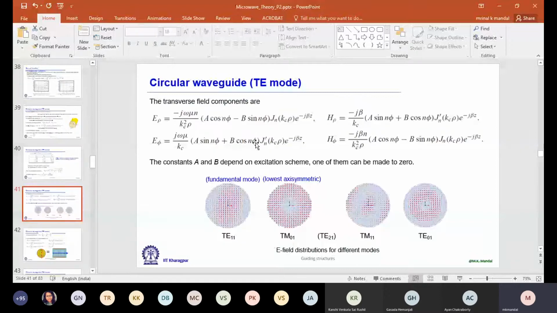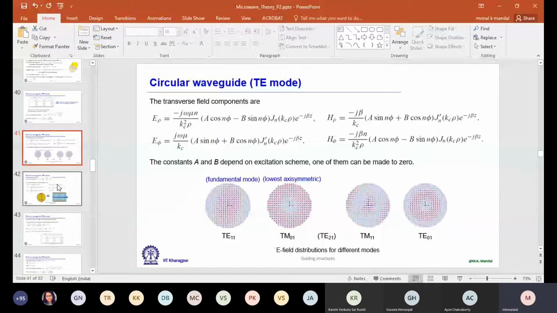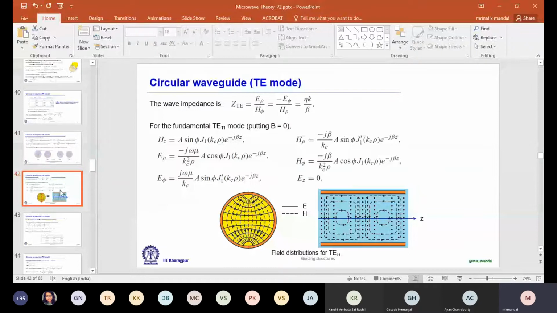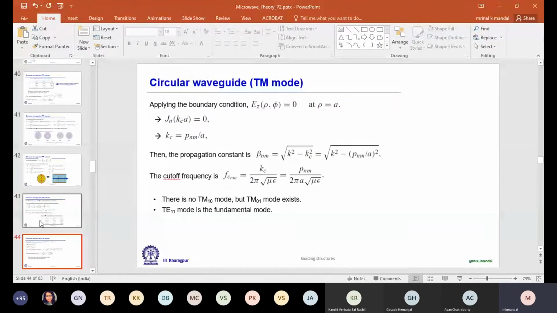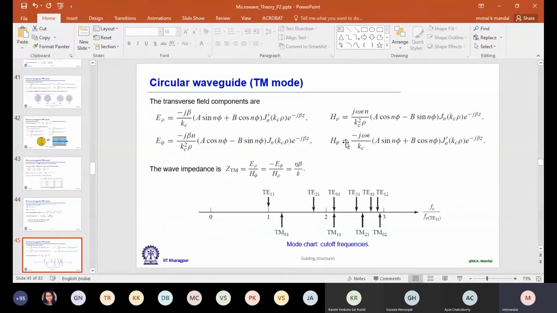Now, these are the actual expressions for electric and magnetic fields. I'm coming to this mode diagram later. Let us first discuss the different TM modes. For TM modes, the approach is the same, but in this case, we start with the reduced wave equation for Ez. Now, you put in the boundary conditions, and then finally we have the expressions for the electric and magnetic fields. So here are the expressions. If you are interested, you can go through the derivation. It's given in detail in Pozar's book.